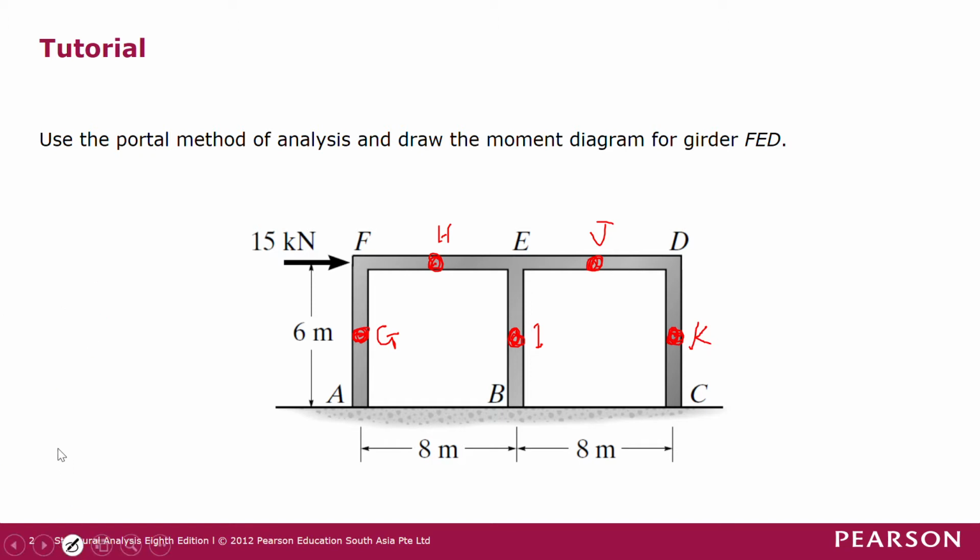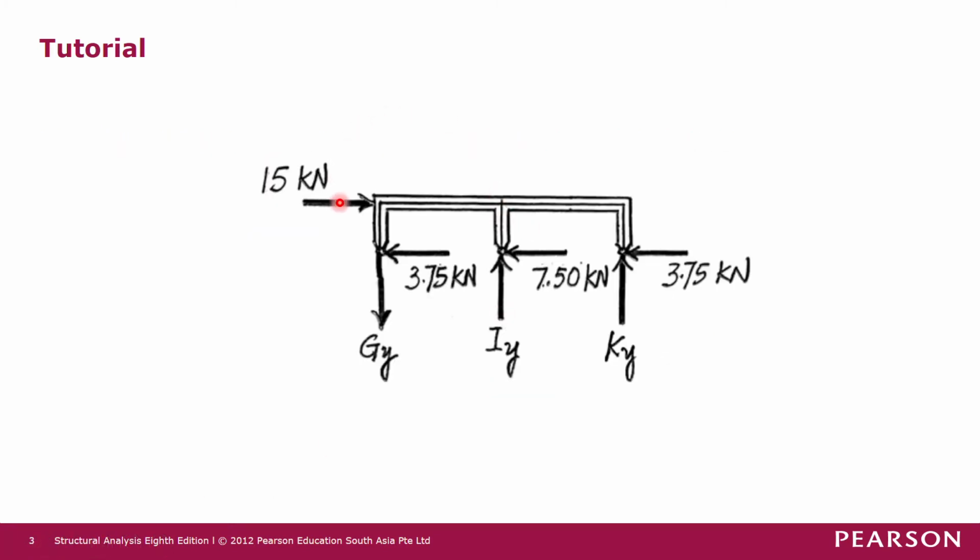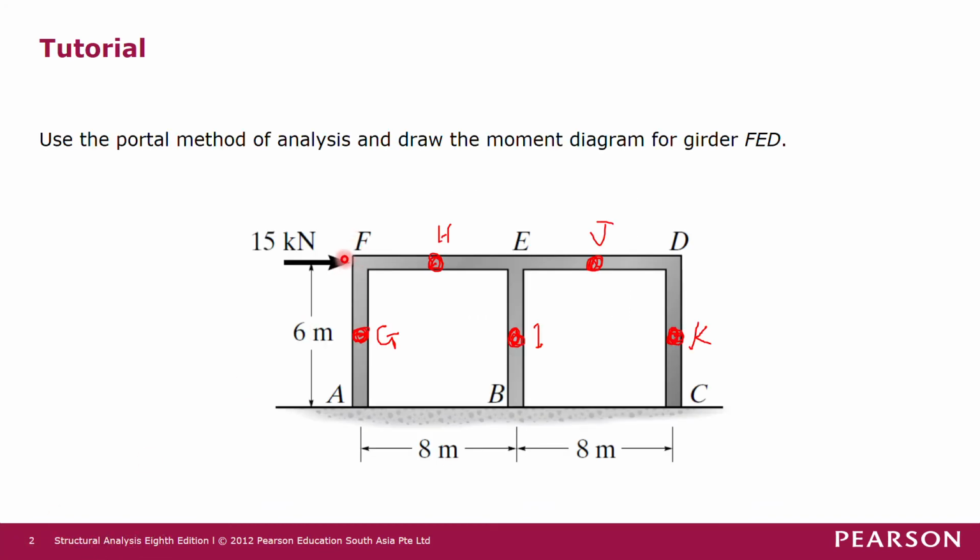So for the first step, we are going to detach this frame at hinges G, I, and K. With that, it looks like this. We detach the hinges at G, I, and K, and we have external forces. We have an external force of 15 kilonewton acting at joint F here,